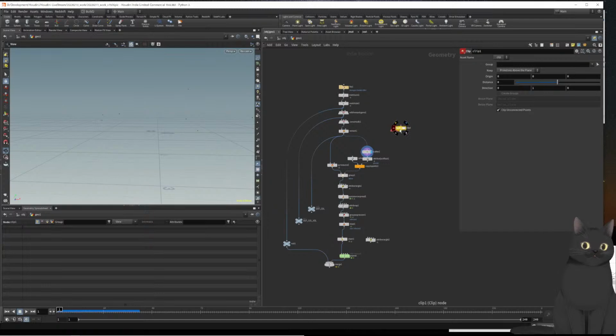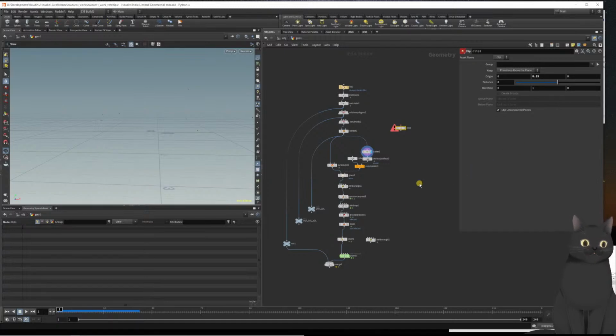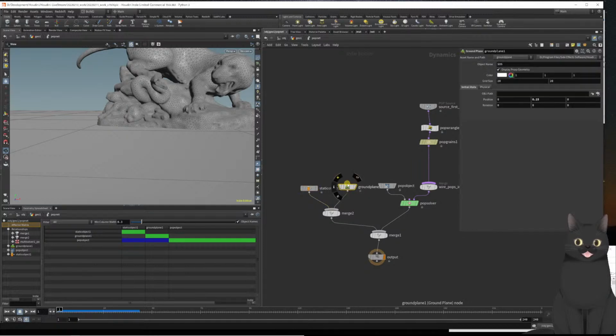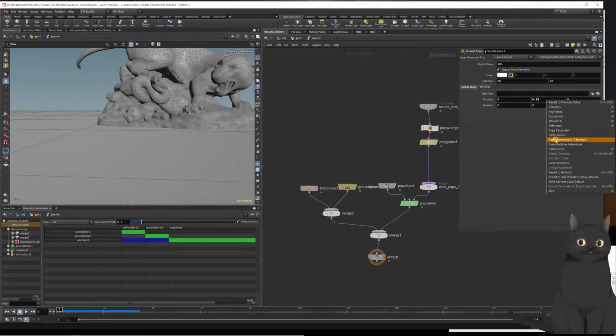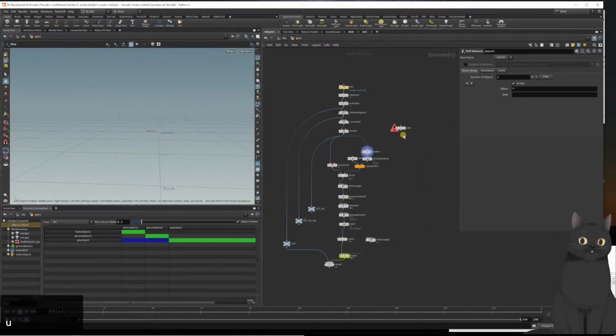ground on 0.15, so I'm just gonna use the same value. In fact, I'm gonna copy this parameter. Dive inside my popnet and place it in here as well. So they're gonna be related to each other. Now, another thing that I'm gonna do is I'm also gonna